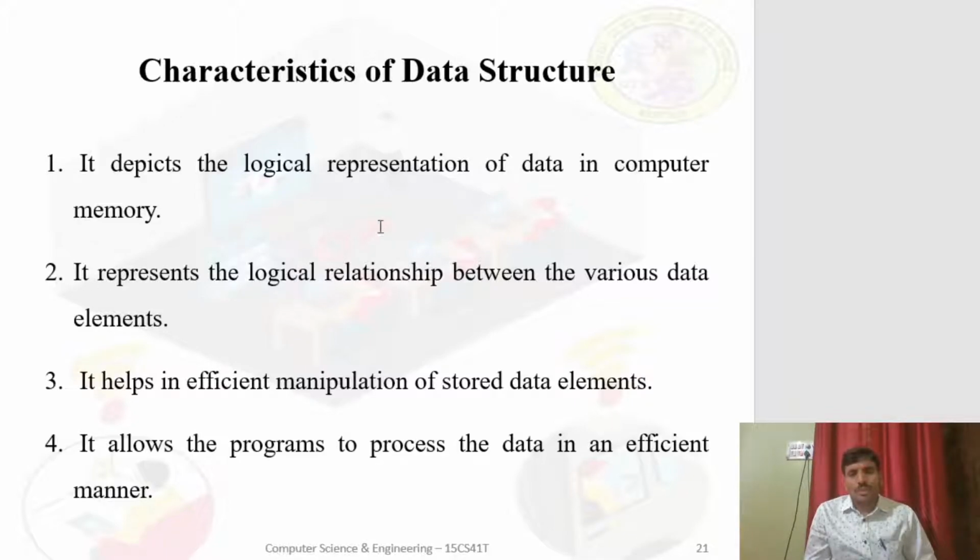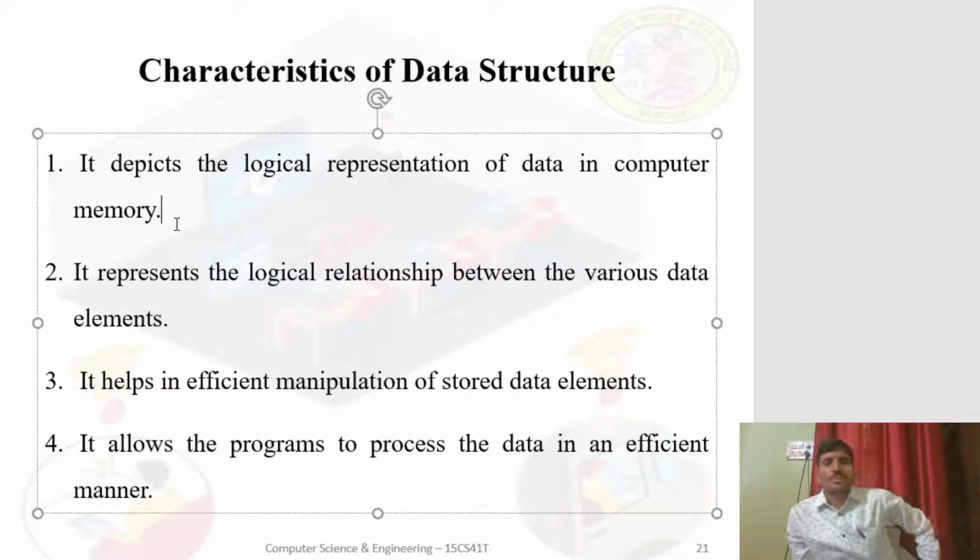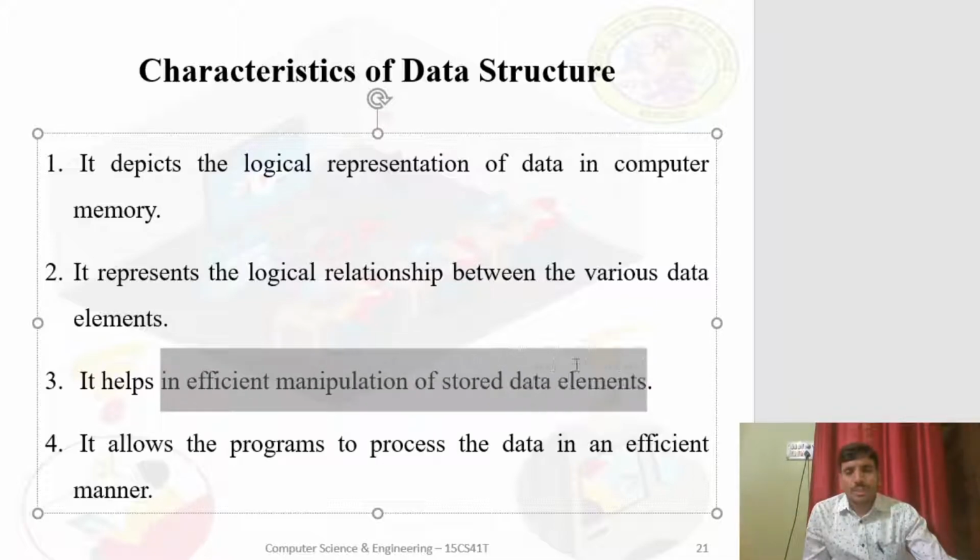So it depicts the logical representation of data in computer memory. As we already discussed, data structure is a way of organizing and storing data in computer system so that it can be utilized efficiently. It represents the logical relationship between various data elements, and it helps in efficient manipulation of stored data elements.